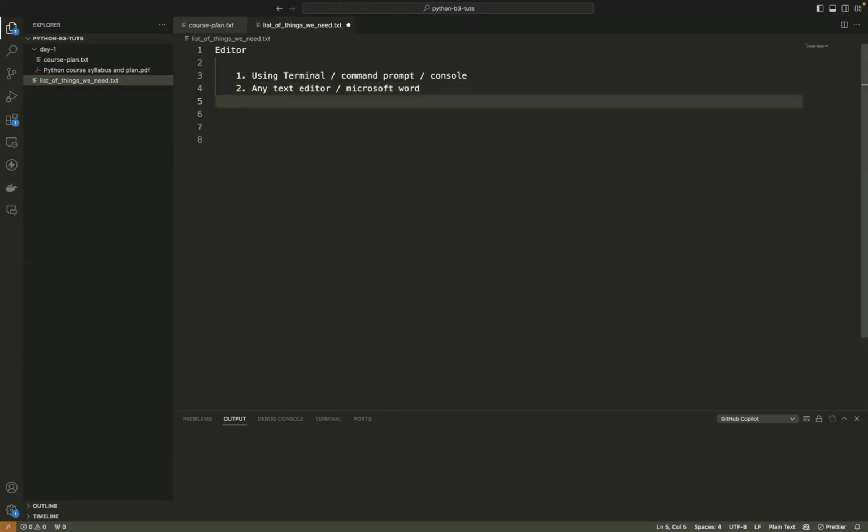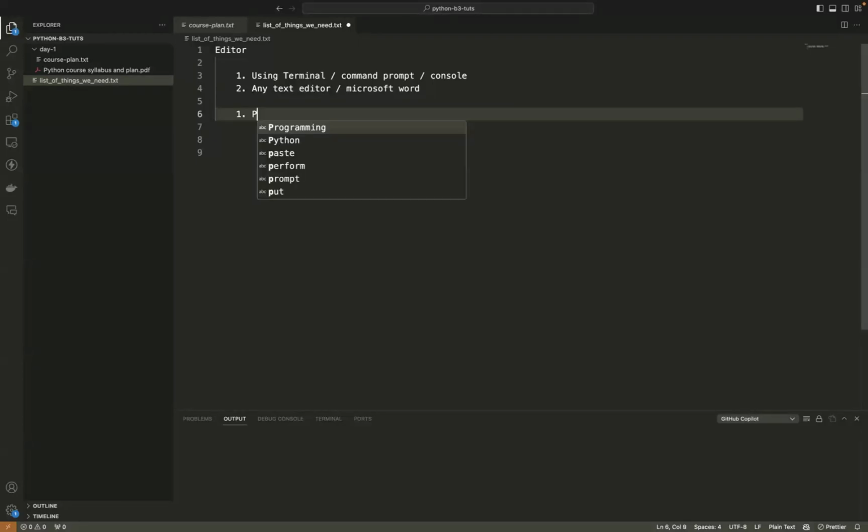Whatever I'm listing out right now, they are actually recommended to write a program. The first one is for Python specifically.